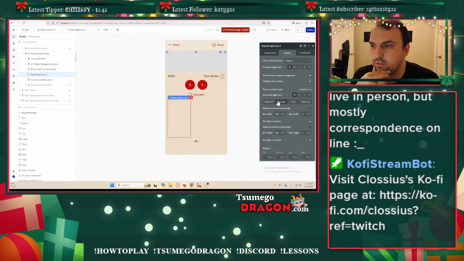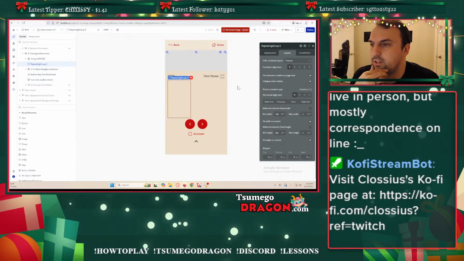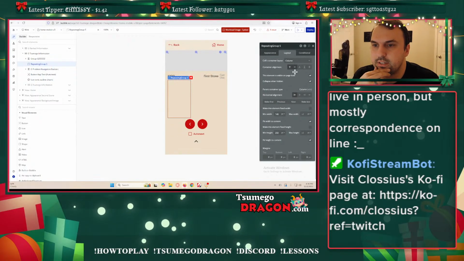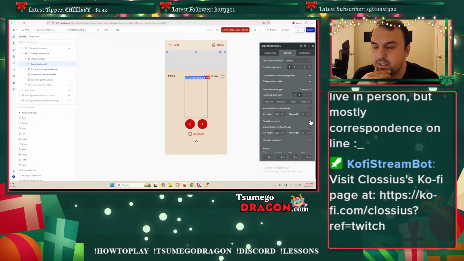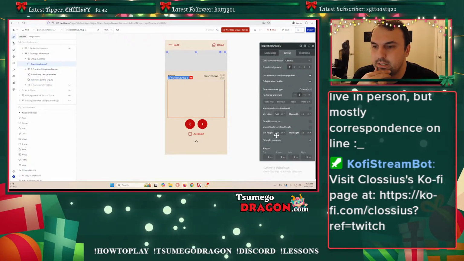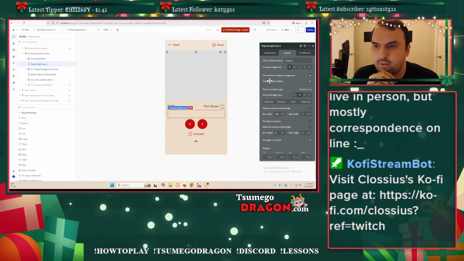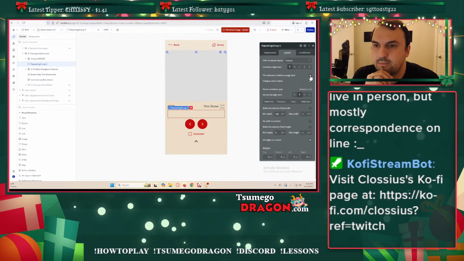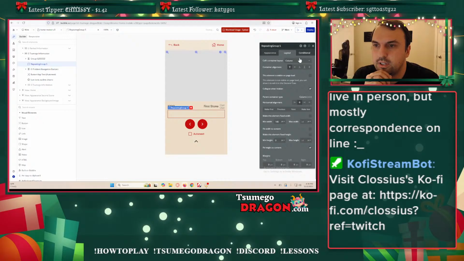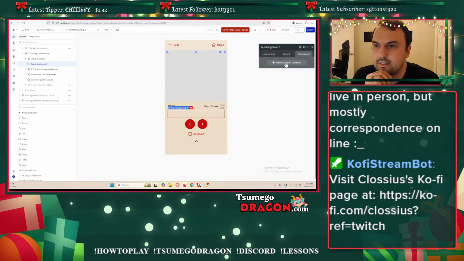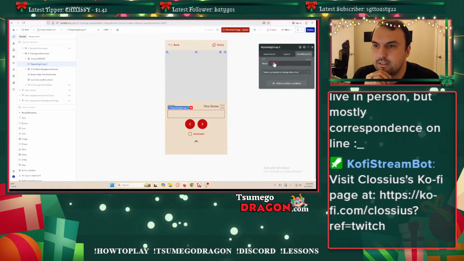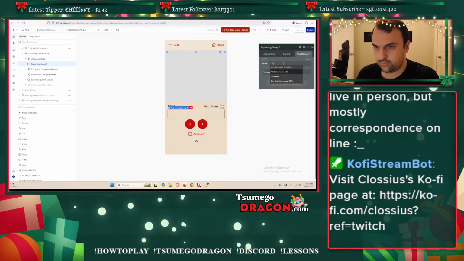So this is going to go right under this, center it, let it be wide, minimum height 0. It's not going to be visible unless the URL